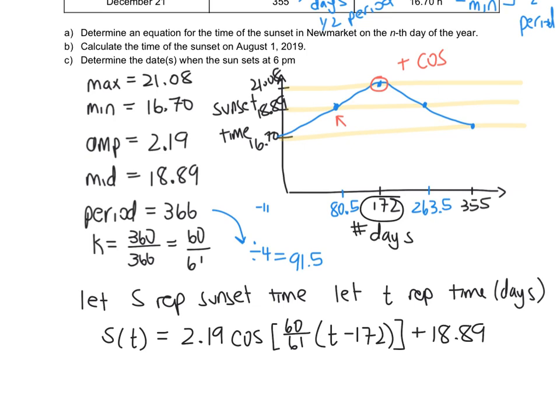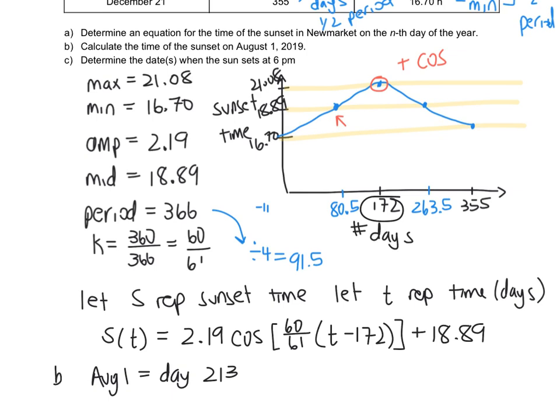Now we can use this equation for part B and C. So for part B, it says calculate the time of the sunset on August 1st of 2019. So first thing we have to figure out is what day is August 1st. So if you think about the number of days in each month, you can calculate that. And if you'd like to give it a try, you can pause the video here and try to identify the day number. Otherwise, August 1st is day